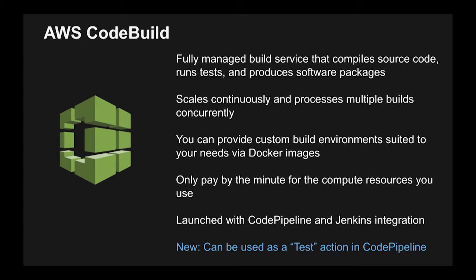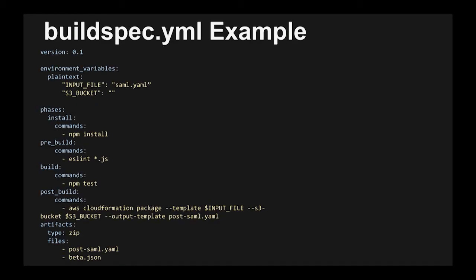So you could think of this as a serverless build product, but we don't really define it as that. It scales up for you. You don't have to care about slots or any sort of thing like that you might with other CI tools. And you pay by the minute for the compute resources. So that's one of the highlighted things that you can do with it. So if we think about how we would use CodeBuild for a serverless application, one aspect of CodeBuild is that you have a file that you typically put inside of the root directory or in the root path of your repository called a buildspec.yml file.